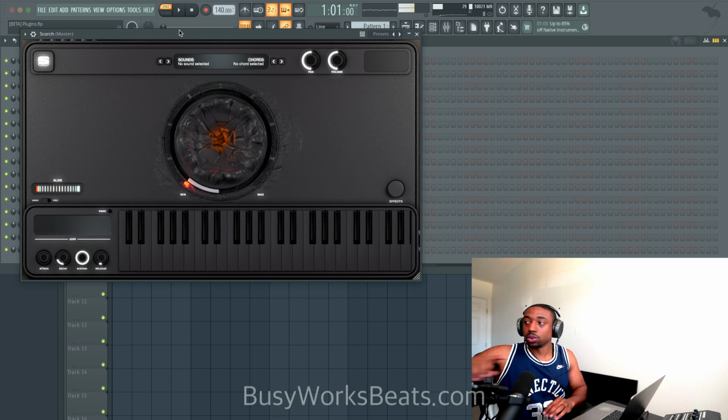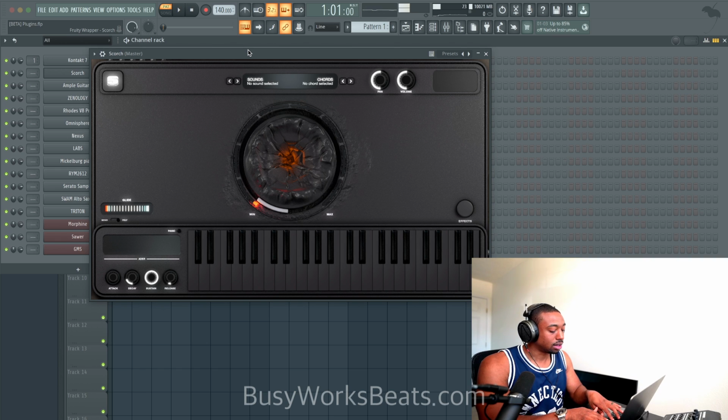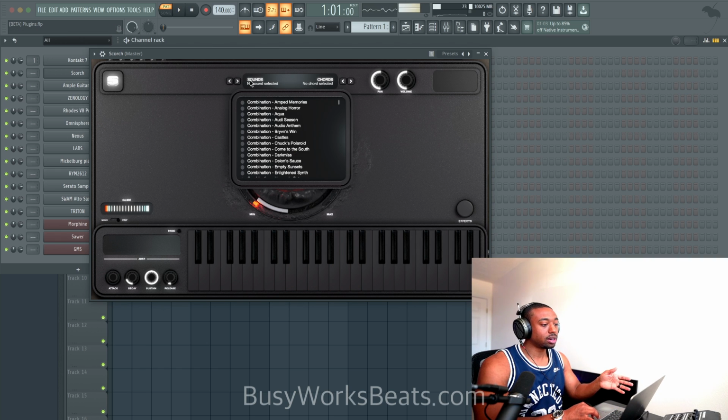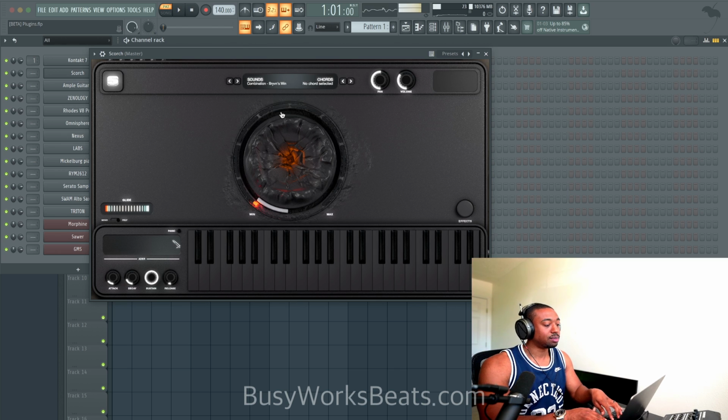Now I have the actual Korg Kronos, so I know what it sounds like compared to the Kontakt library. So if Korg Kronos ever came out with a plugin, it'd be game over because everything would just sound like nothing compared to that. So next plugin here is Scorch. This one was built specifically for Travis Scott's sound. This is made by my best friend, Jacob, and his company goes by Software Audio.